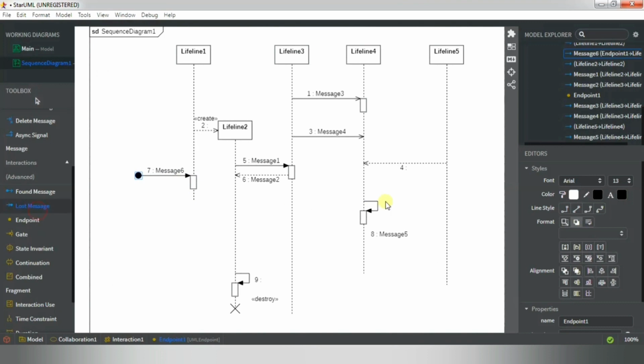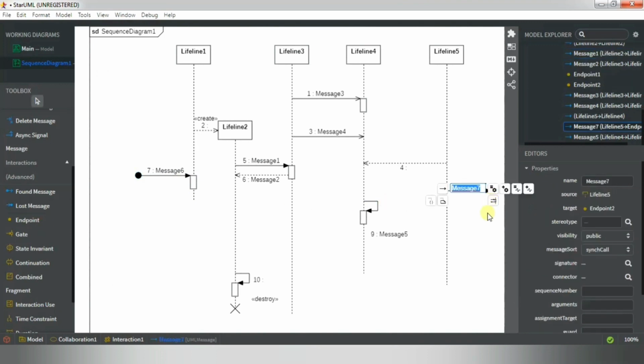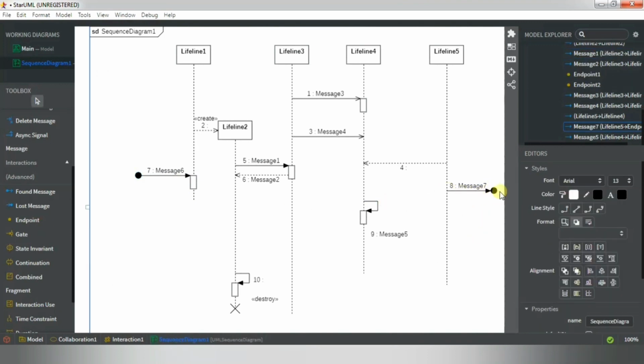And this is lost message. It is used to represent a scenario where the recipient is not known to the system. And it is represented using an arrow directed towards the endpoint from the lifeline. For example, consider a scenario where warning is generated. The warning might be generated for the user or the other software resources that the lifeline is interacting with. Since the destination source is not known,